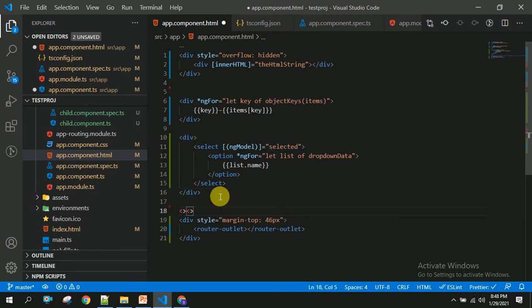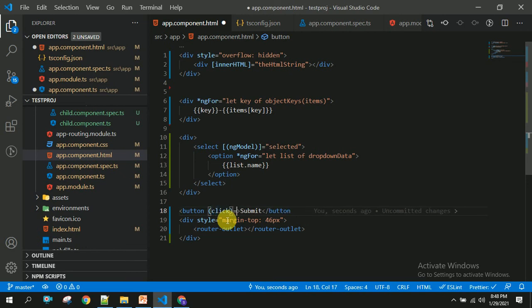I am going to take one button. This will be used for form submission. So user can select all the dropdowns or all the text boxes, and once user clicks on the button, you will submit the form. So this is also one of the common scenarios in real-time projects.